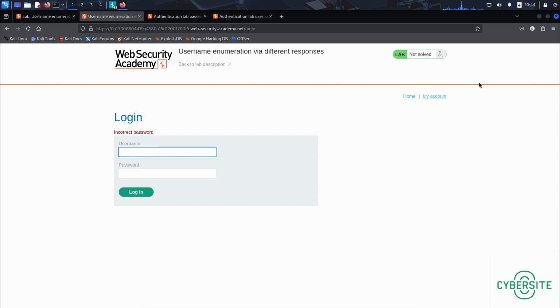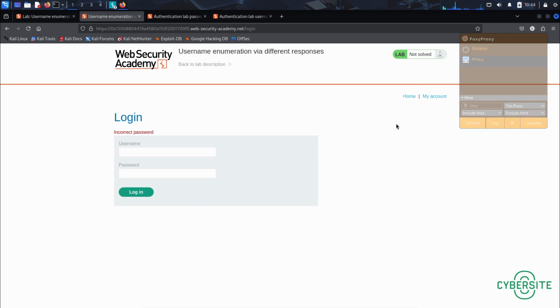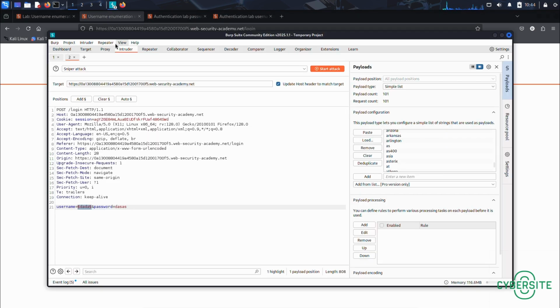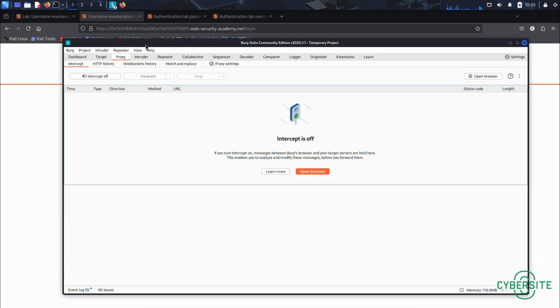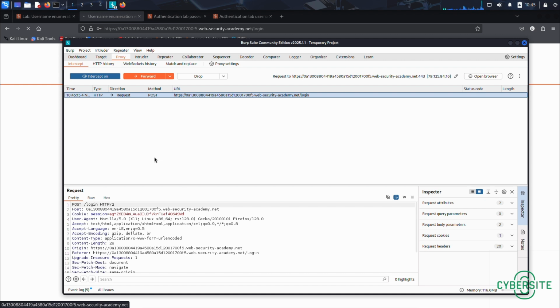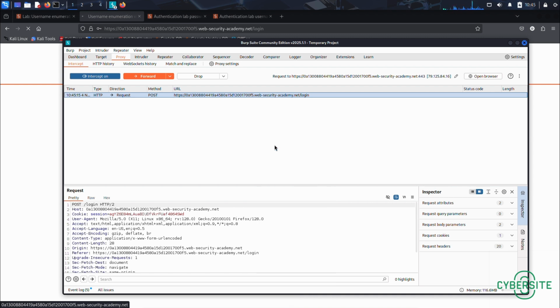So let me enable the proxy and go to BurpSuite. Proxy, intercept on, username user and a random password, login. Okay, it has been intercepted. Now right click in this request area and send to intruder. Okay, that's done. Now you can turn off the interceptor,